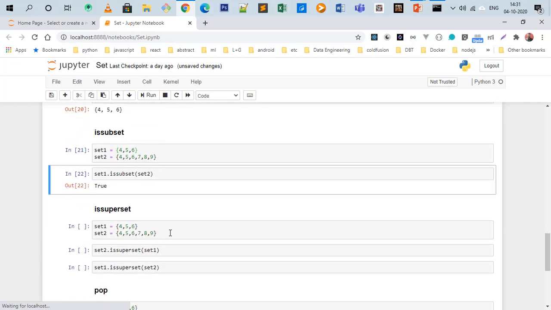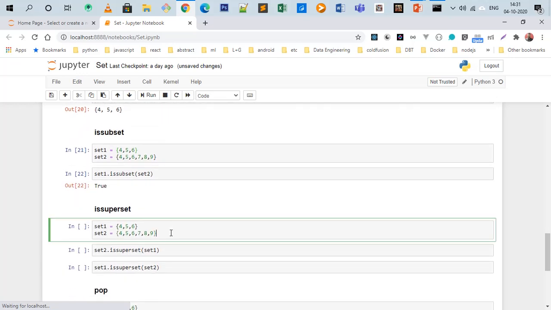Superset. Superset means that if a set has all the values, let's say we have set 1 with 4 5 6 and set 2 with 4 5 6 7 8 9, and we are checking whether set 2 is a superset of set 1.